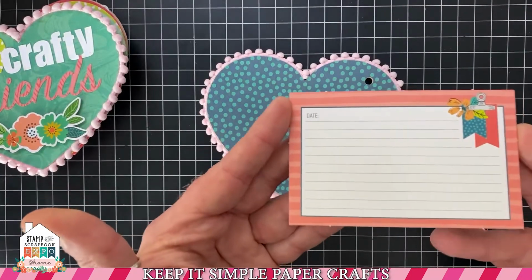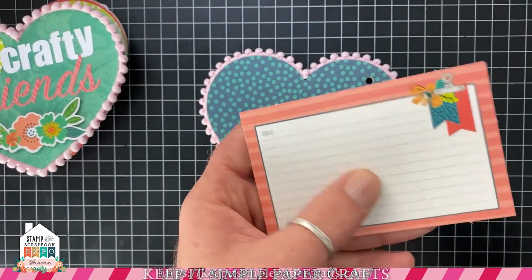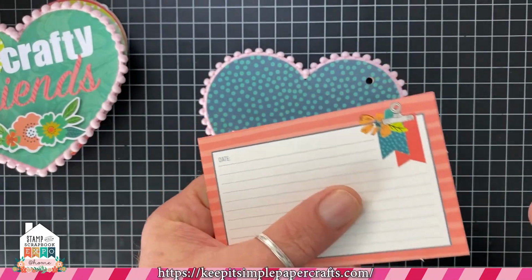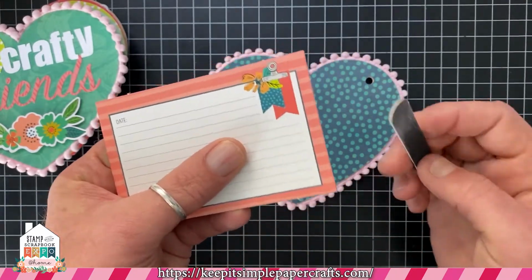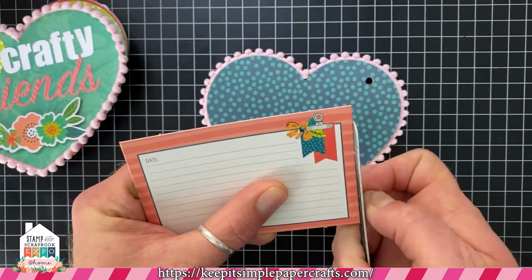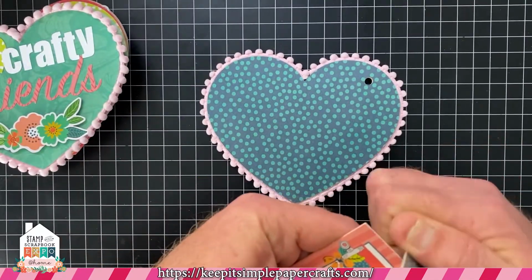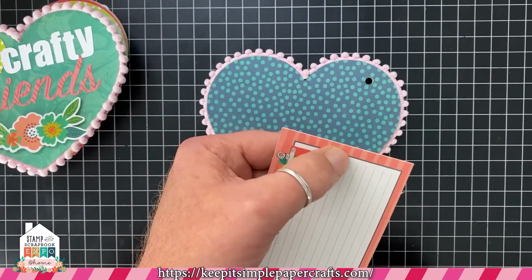And a fun little tip with this is, first off, we're gonna fussy cut this one, but normally on the rest of them, we're not gonna fussy cut them. So you'll have these little tabs here. Just grab a little emery board. And with the emery board, you can very gently get rid of those little tabs. Try not to get on the artwork though, because you don't want to take the color